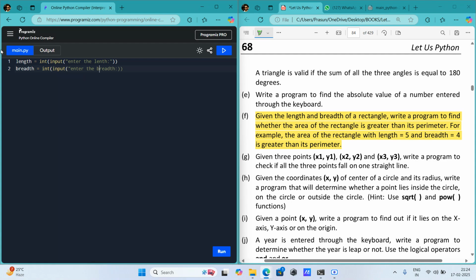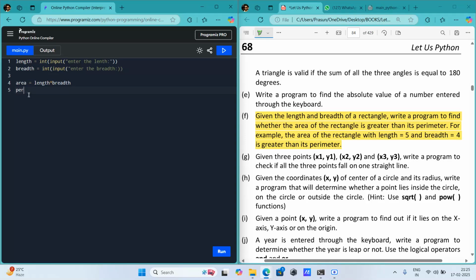Now what we need to do, we need to initialize the variables area and perimeter. How can we do that? You know the formula of area and perimeter of a rectangle. Area is equal to, we cannot use this operator over here. We need to assign the value to the variable area, right? So we need to use the assignment operator. But if you use double equal, then it will be the comparison operator. Okay, so area will be equal to length multiplies